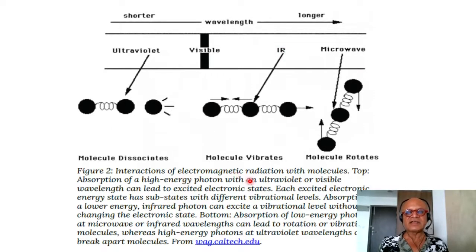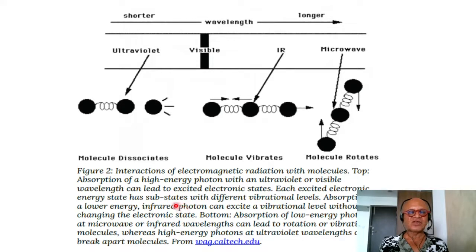Interactions of electromagnetic radiation with molecules. In the top we saw that absorption of a high energy photon with an ultraviolet or visible wavelength can lead to excited electronic states. So basically, when you bombard an atom, if it can absorb energy at that wavelength, at visible or at UV, then its electronic state is excited, which means it begins to have kinetic energy, which we will see in a minute becomes temperature. Okay, so